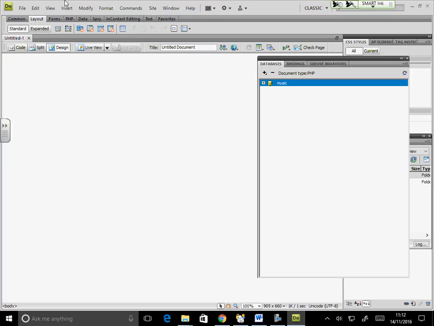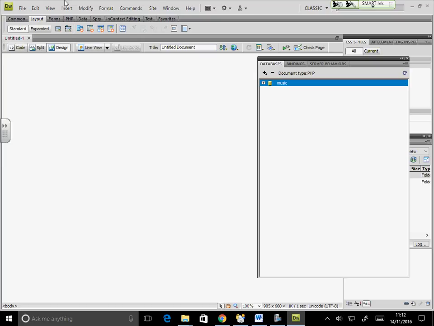Now, to open this database, you need to create first a PHP file, open a new one, and then open a database. You will not be able to create this if you're not on a PHP page. On an HTML page, this doesn't come up.